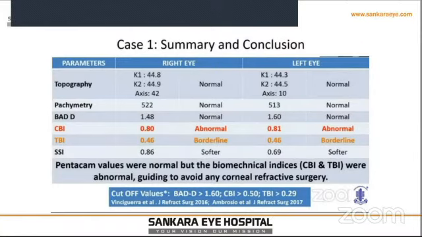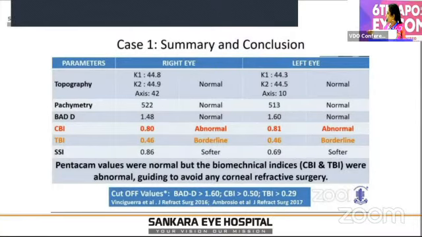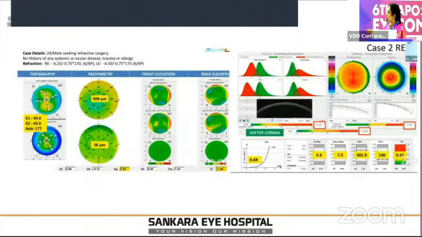To summarize, the Pentacam values, the BAD-D, were quite normal, whereas CBI and TBI were abnormal and borderline. So this guides us to avoid any corneal refractive surgery, as the chance of ectasia is more. This is another example, the same 25-year-old male patient with